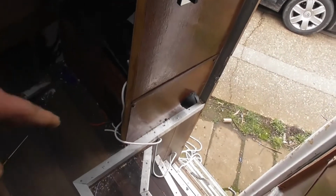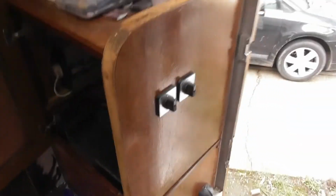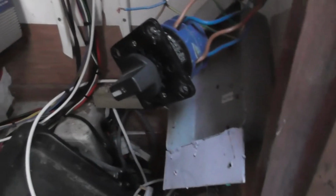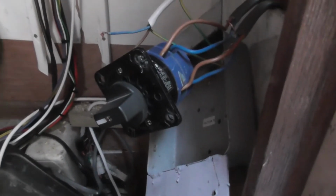I've wired the landline to the generator wire. I've tried the generator switch over, no problems. I've done the inverter, no problems. This switch is fine. Right, I've tried everything. I've done both rotaries, rewired everything, and it's still